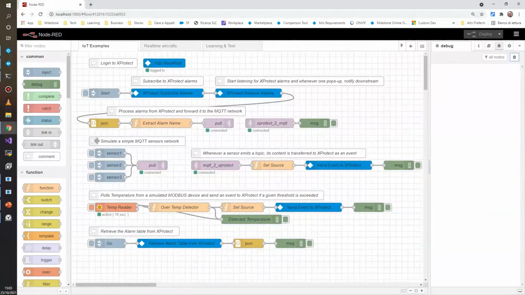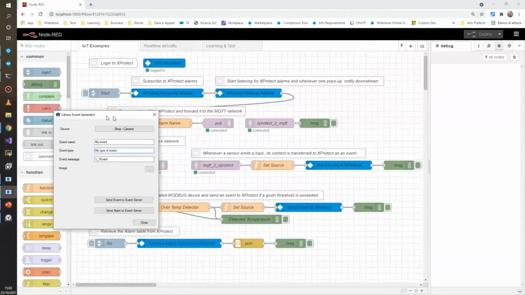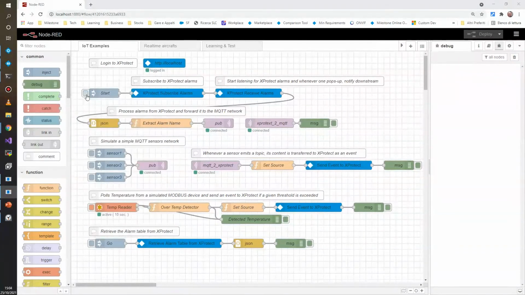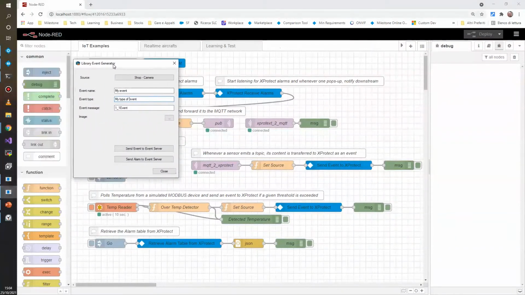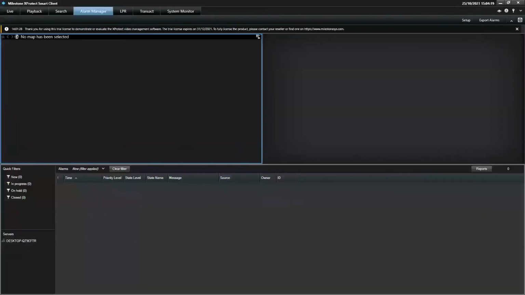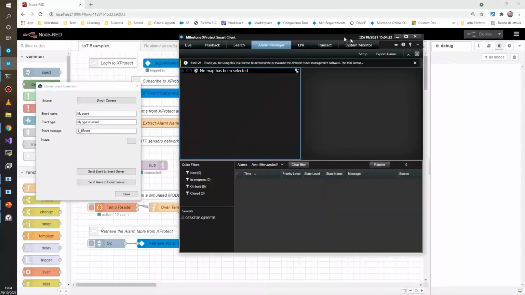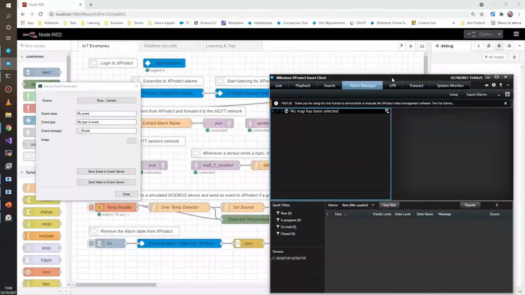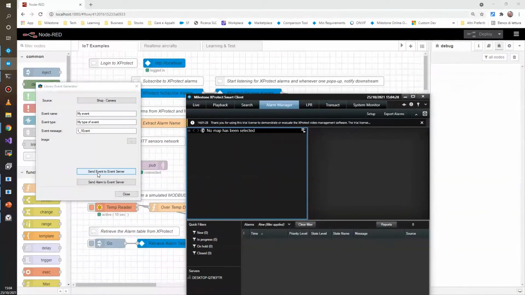So let's start. I have already logged in, as you see. And let's go with this one. Let me first subscribe to alarms. This has been successfully subscribed. Then whenever I trigger this event to XProtect, let me take this one. Whenever I trigger this into XProtect, like this,